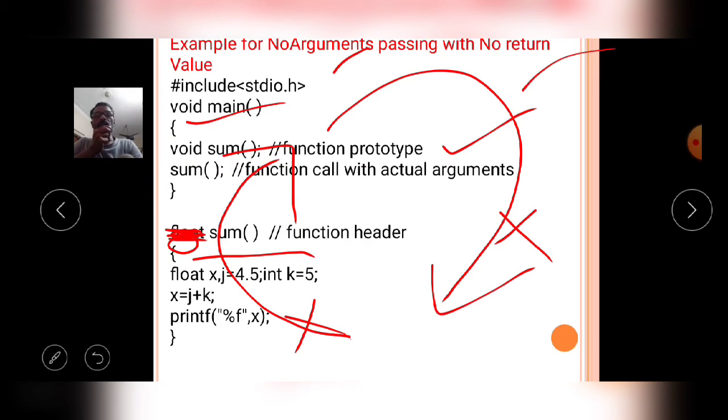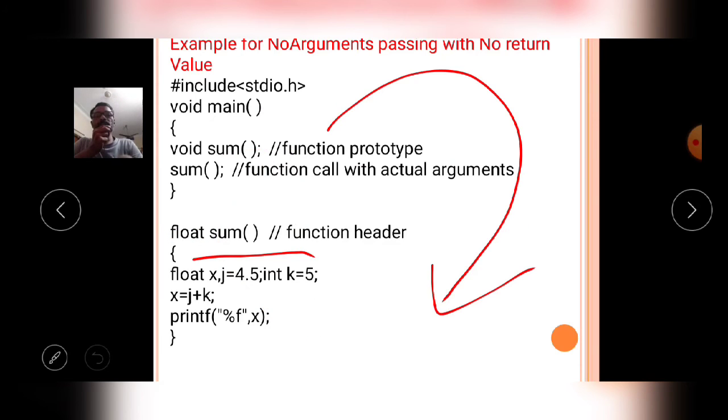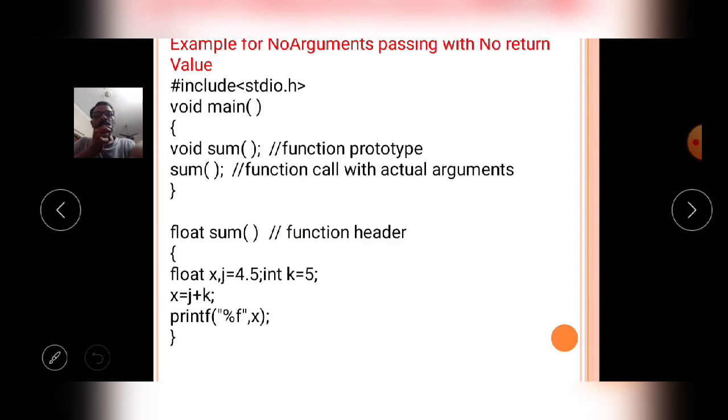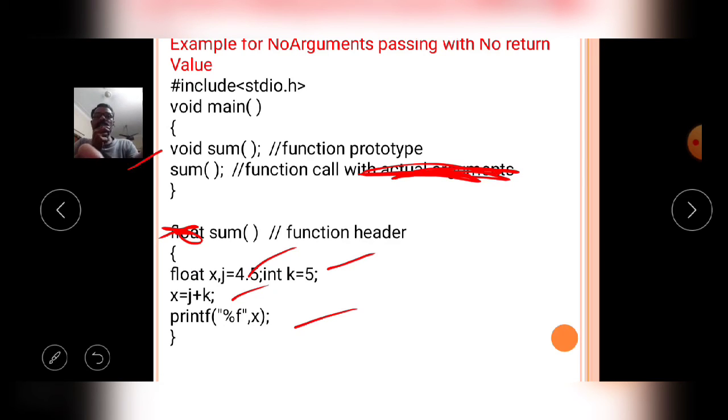No values are moved, so it will simply take two values internally, that is 4.5 and 5, that is 9.5. The 9.5 is printed from this sum function only. After completion of the execution, no value is returned from the called function to the caller function. So the second line execution is also over.